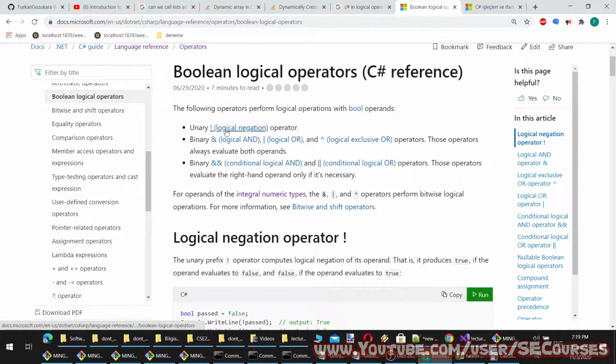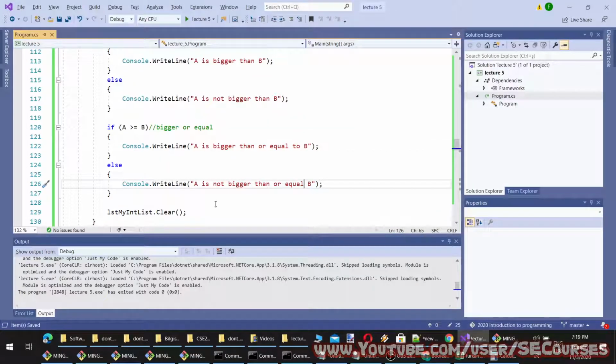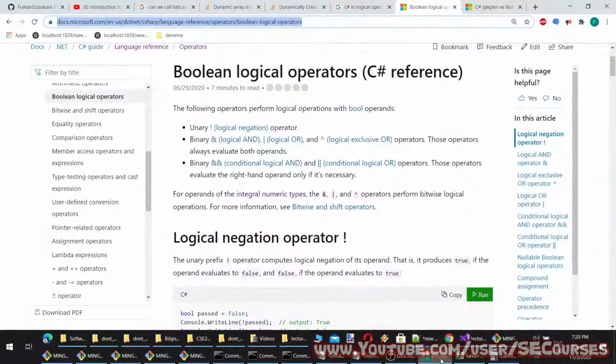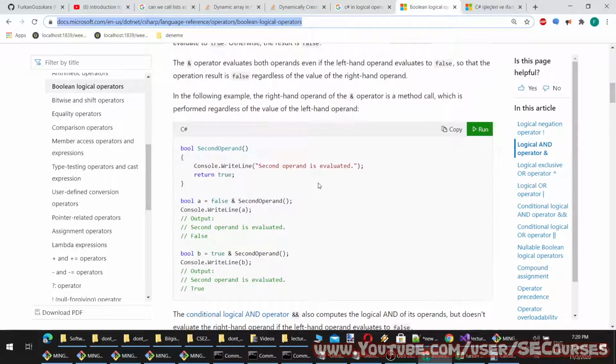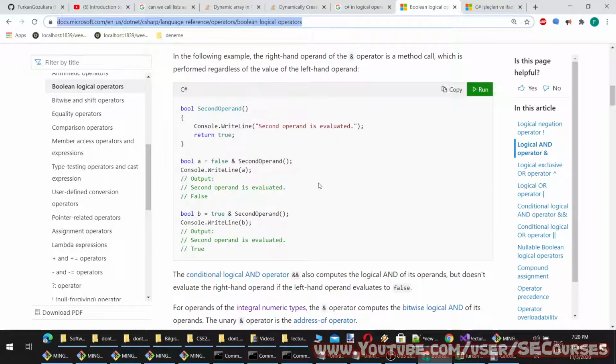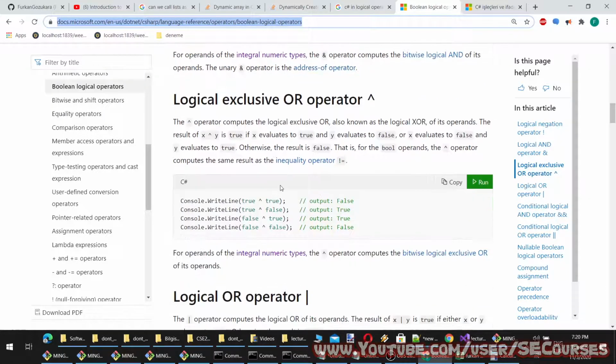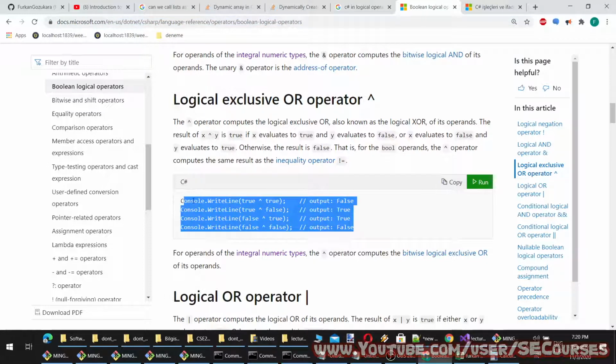There is a unary operator. Okay, let me show you the unary operator as well. There is and, or, exclusive or. Okay, let's see operators. Okay, this is the AND operation, logical XOR. Okay, this is a good example.